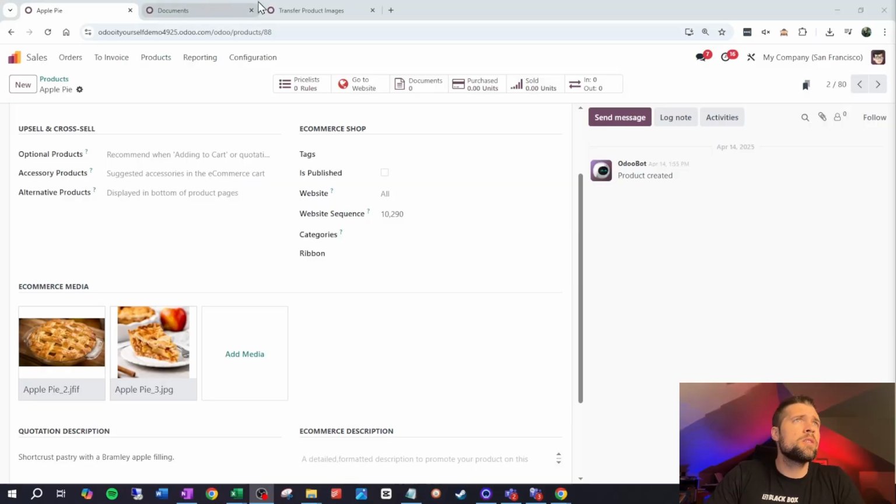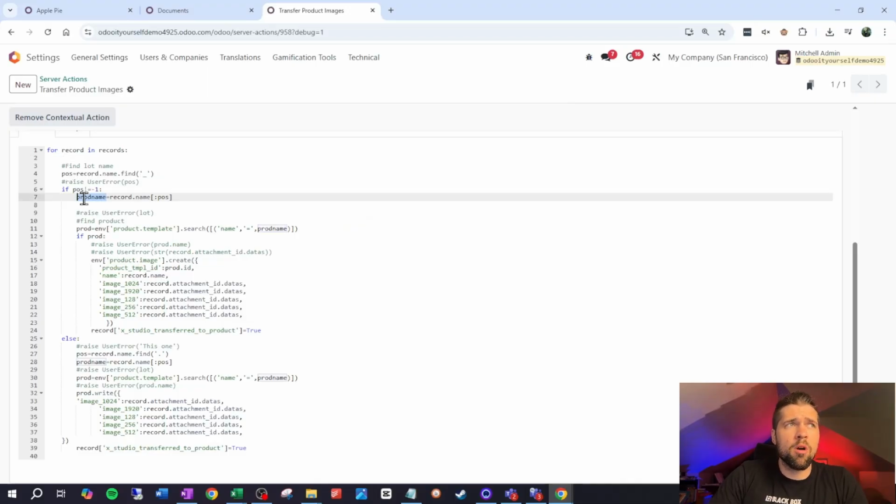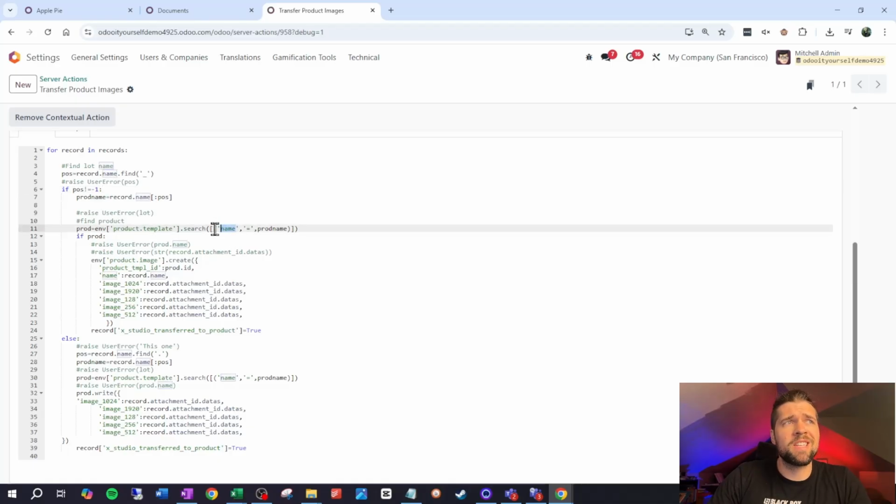But I do need to show you how to identify the products if you want to change and not run off of the name. So hopping back over to our code here, my identifier is going to be this prod name right here. Now you don't need to use prod name, you could do something else. But if you're identifying this with, or saying everything in front of the underscore is what I want to identify with, you could just keep this variable right here. Okay. Now, what we search for in here is going to be the technical name of what